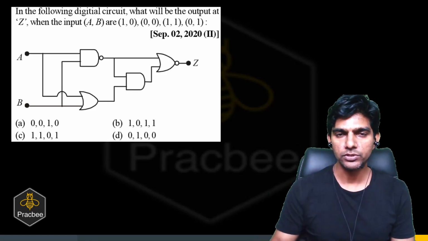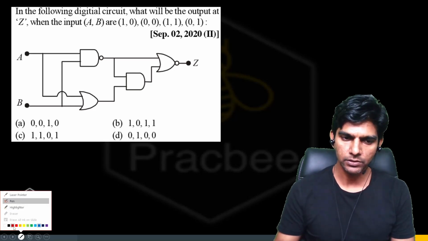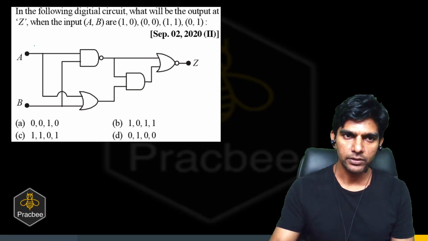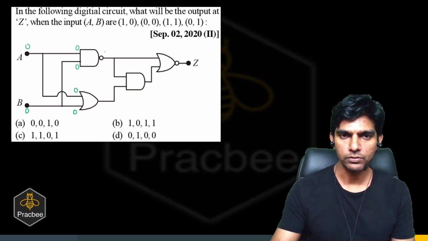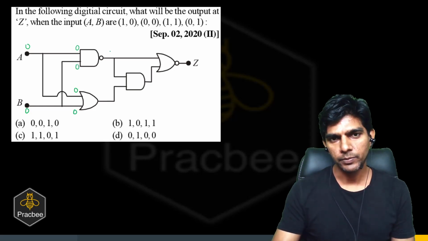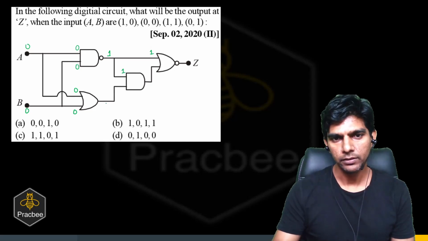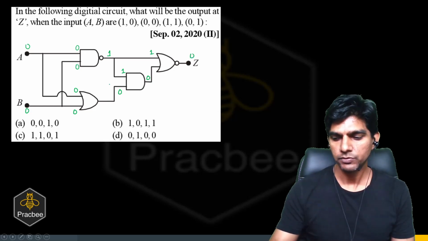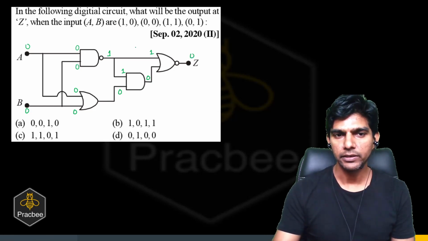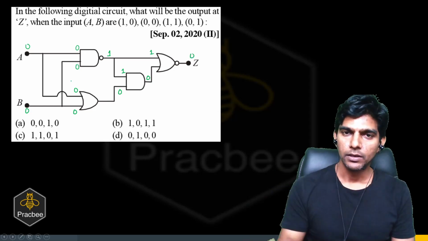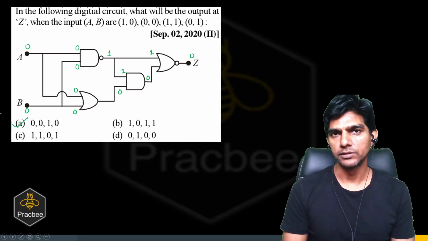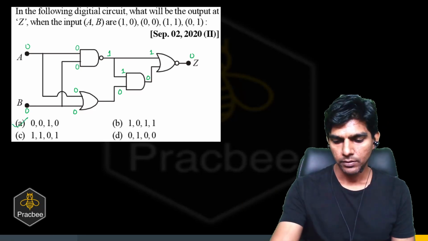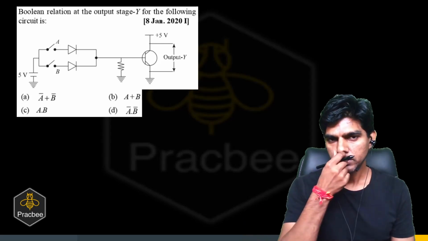Now, if we solve this question by using the values, that is again a very easy approach. So let us put 0 and 0. So here we'll get 0, 0, here we get 0, 0. For the NAND gate, it will be 1. So it will get 1, 1. So here we'll get 0 and here we'll get 0. So 1, 0 we are feeding to the NOR gate, so it will become 0. Can you see for 0, 0, we are getting 0. Like this we can check for other values, and we'll get option A as the answer. So you can use any approach in the exam. Okay, now let us see one more case.